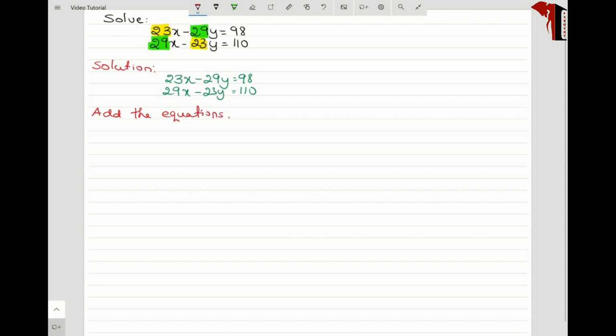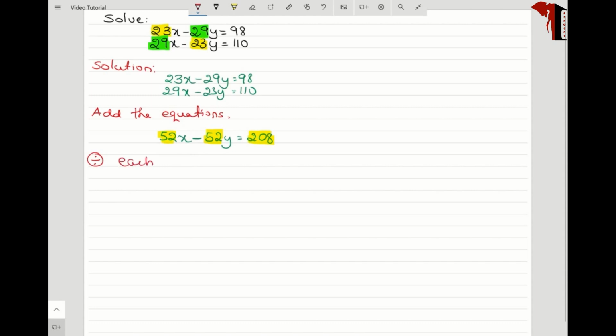So what will I get when I add the equations? 23 plus 29 becomes 52x minus, see, both 29 and 23, which are the coefficients of y, have the same sign. Same sign means I am going to add them. So I will get 52y equals, this will be 208. Most of the time, you can see this 52 and 208, these are all factors. Keeping that in mind, we can divide